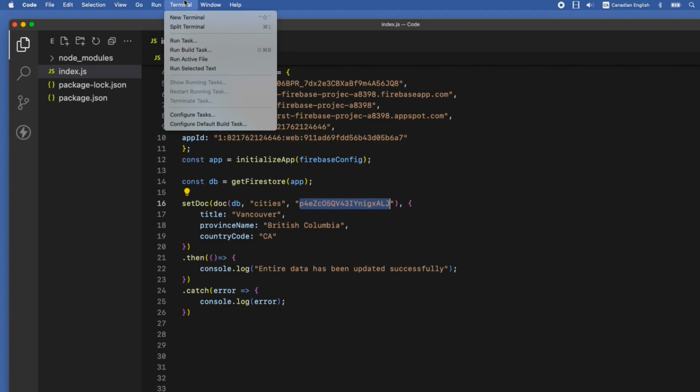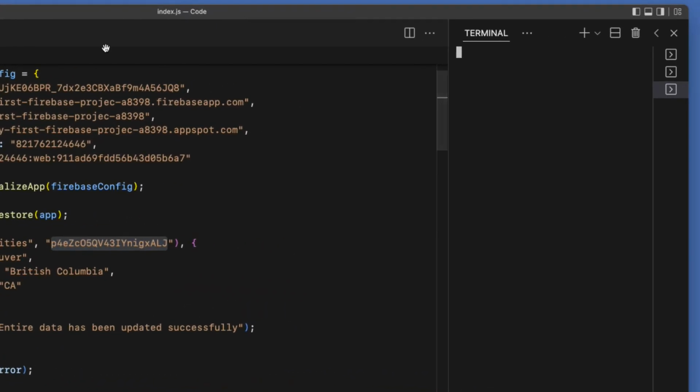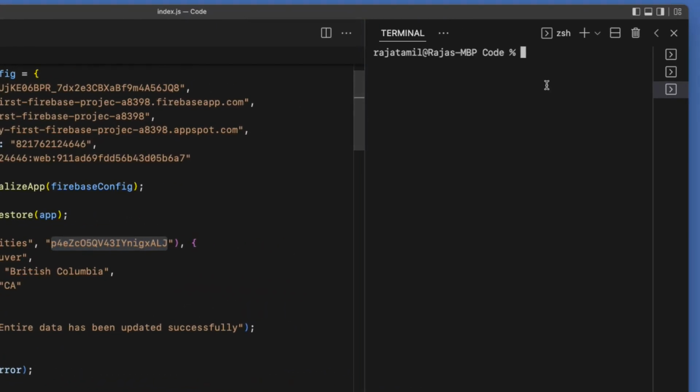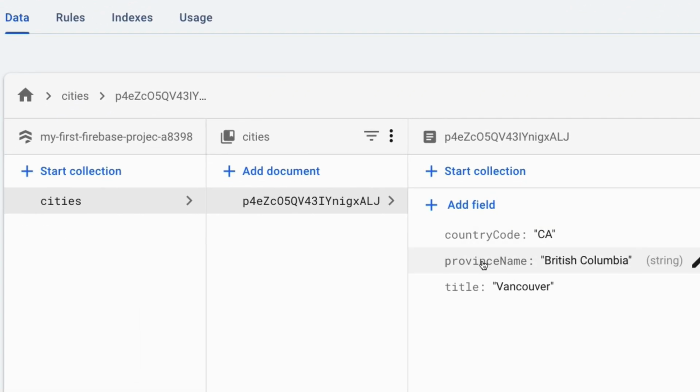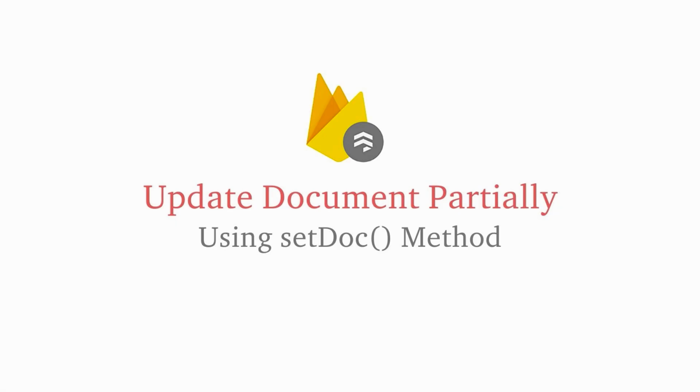Okay, let's run the code. So open up the terminal window and run node space index.js. Come back to the Firestore database and you can see the entire data has been changed. Nice. Next, let's see how to update just one or more fields using the setDoc method instead of replacing the